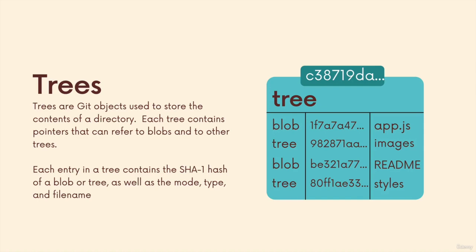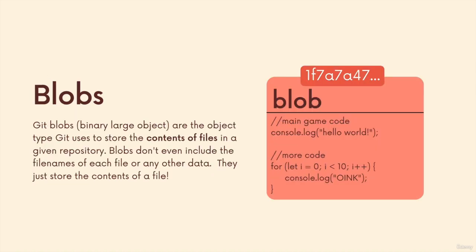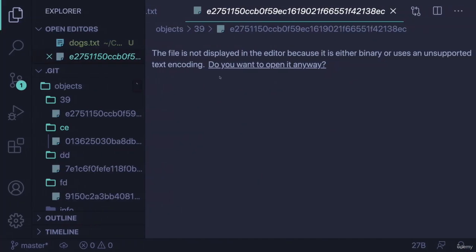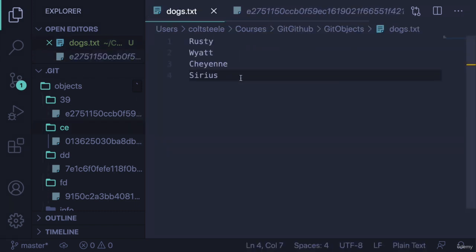Okay, so in the previous video, we talked about blobs, and it's probably kind of confusing at this point. We said blobs store the contents of files, but not even the file name, just the contents of files. That's fine, I guess, if we want to do things like we have been doing, where we're storing a couple of words or the content of a single file and then asking Git to return it back to us. But in a large project with hundreds of files and nested folders and a crazy structure,